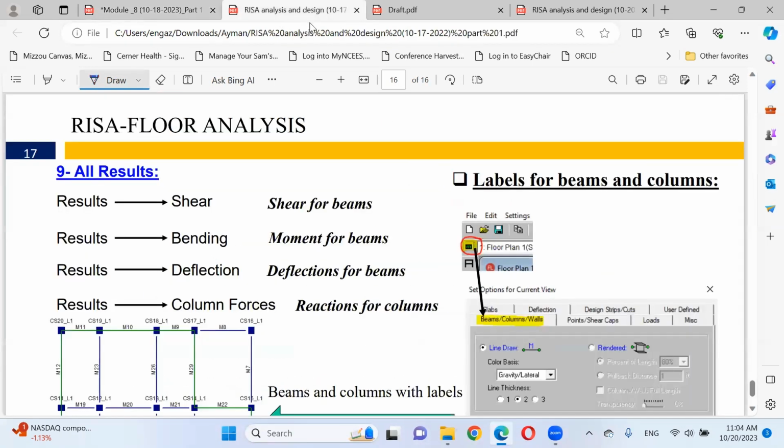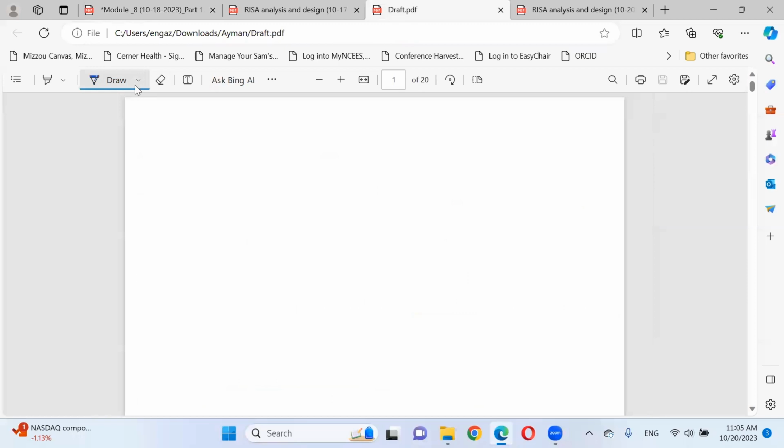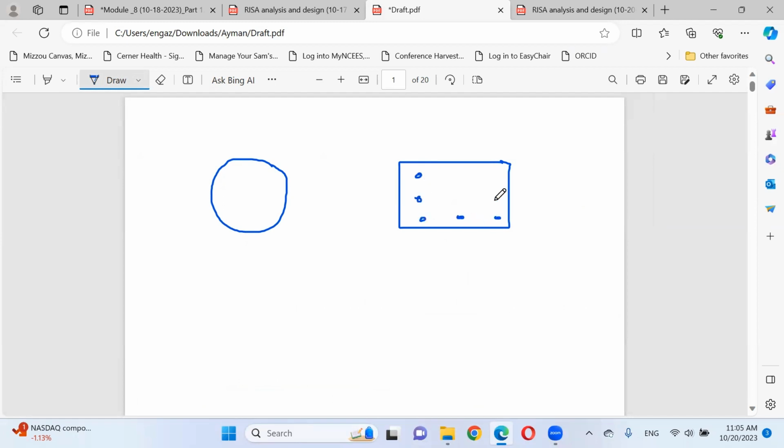Keep in mind that whatever the shape of your column, rectangular or circular, we have steel reinforcement inside this column. It looks like this for the rectangular, or like this for the circular column.